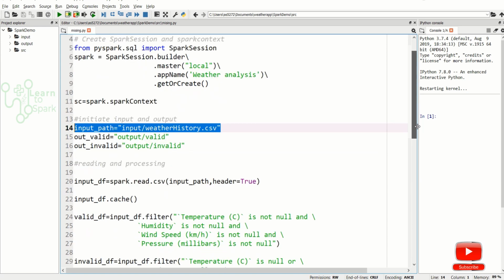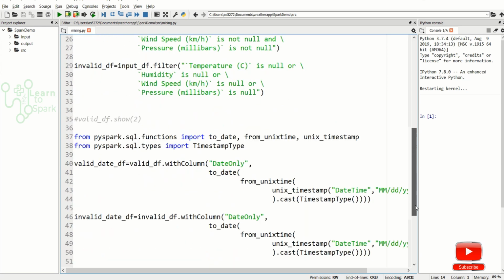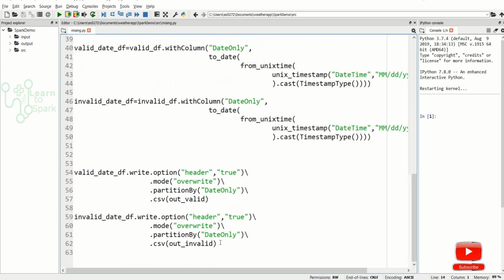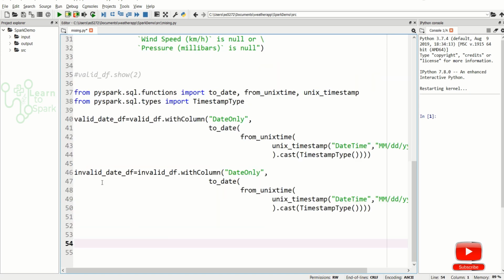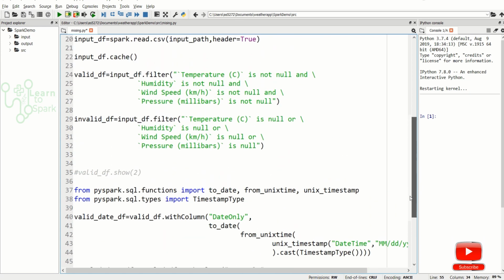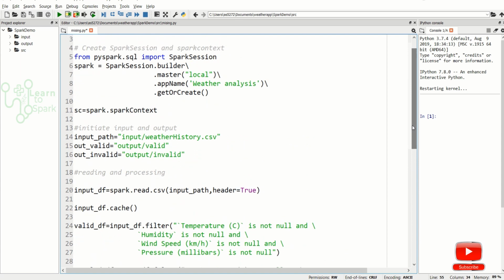For our demo purpose, since we are going to look into the config file alone, I will remove these lines of writing the file into the output. Instead of that, I will just give the show command to see the output, and I will also comment out these lines.